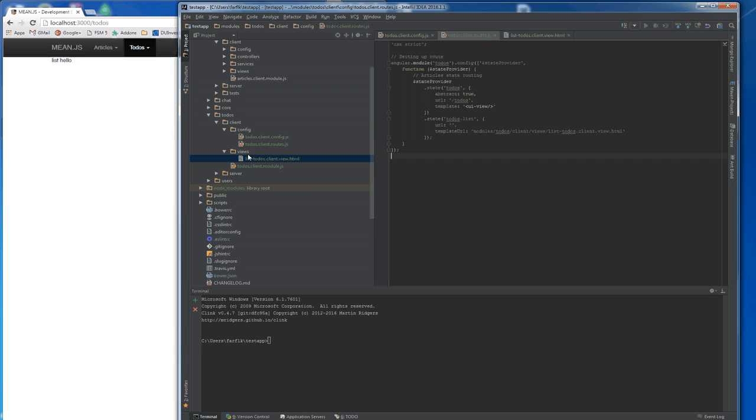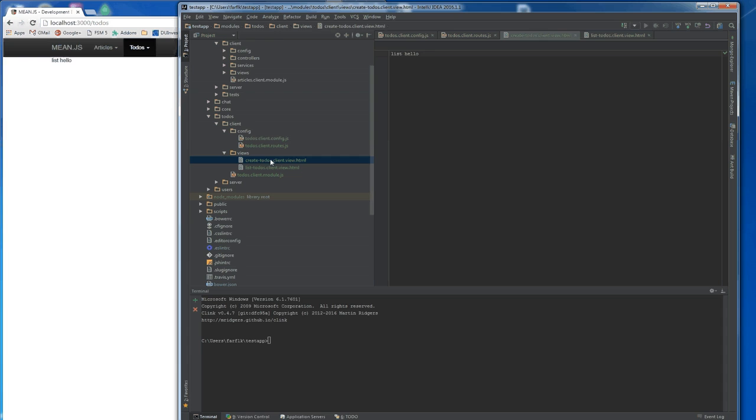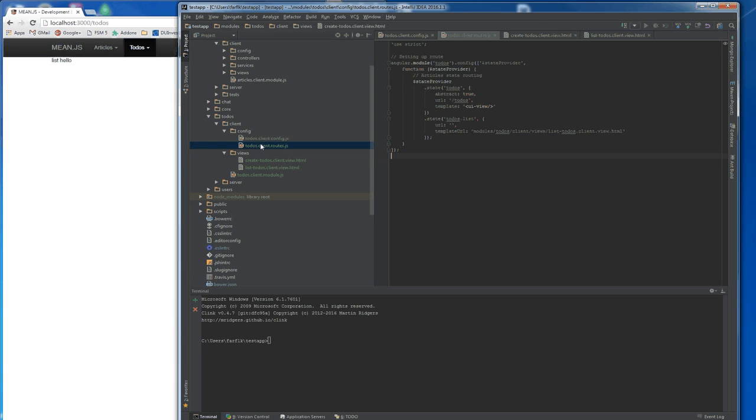So what I'm going to do is create some dummy data, or else we start with the create to-dos state where we can create some new to-dos. So let's just make it like that, and I'm going to go here and create a new state which is called